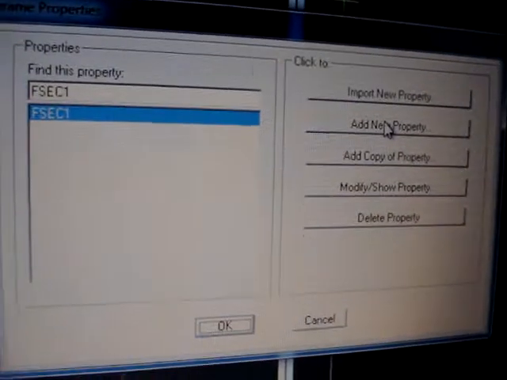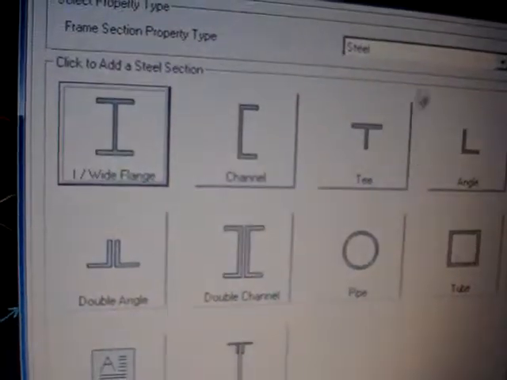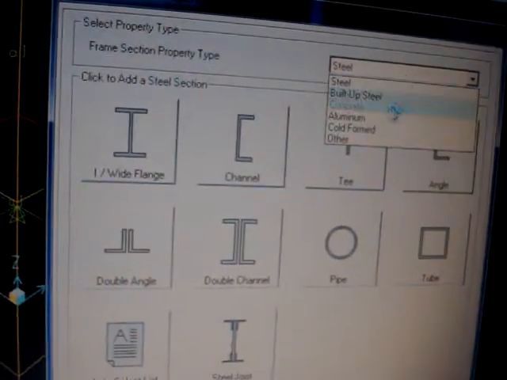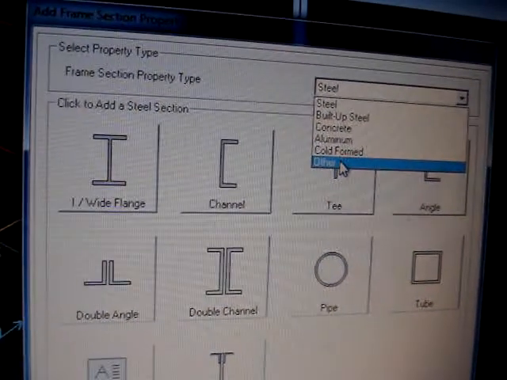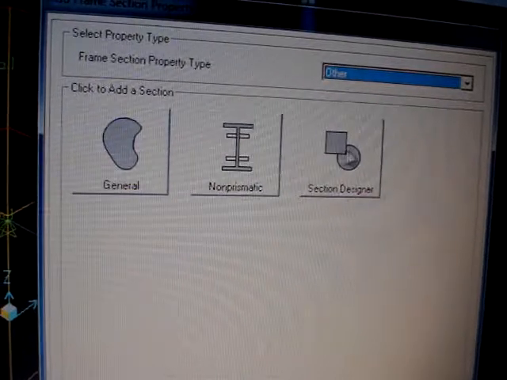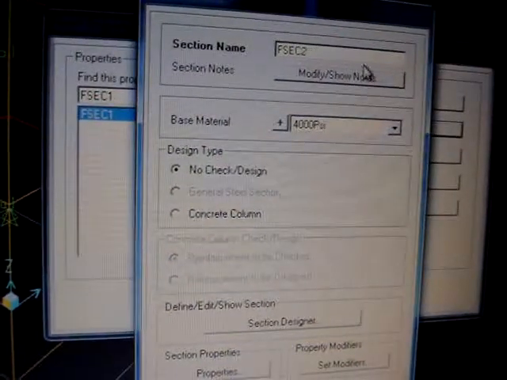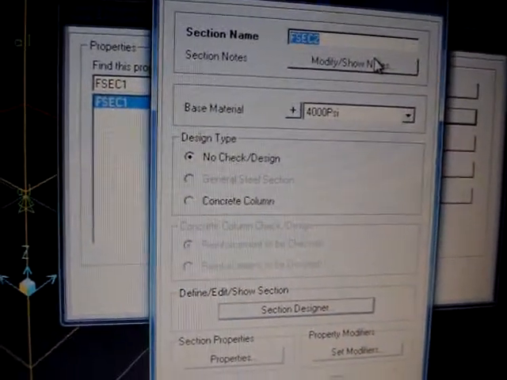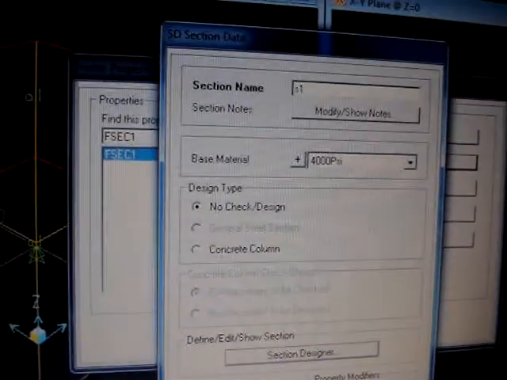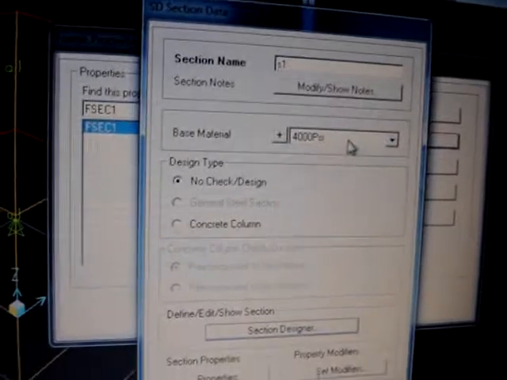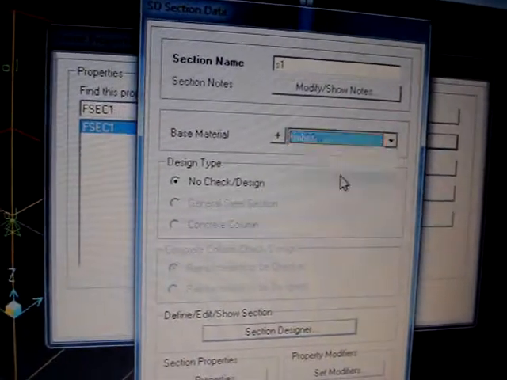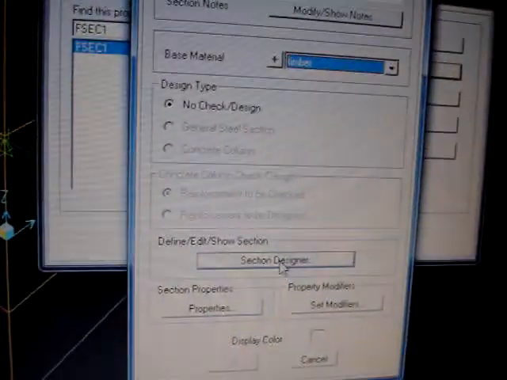Here you will do add new property, then go to other, then go to section designer. Here you can name your section, just for example say S1. You will keep the base material as timber, then you will go to section designer.